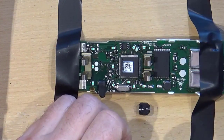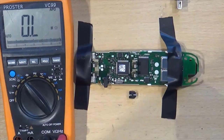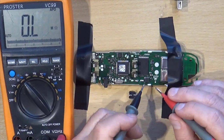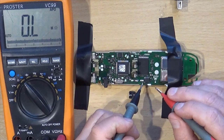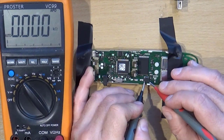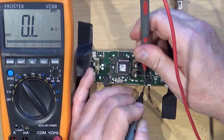What about the inductor? So I'm going to have to zoom you out, always the wrong way, a little bit so you can see the meter. Now I reckon the inductor is between there and there. These pads run all along one edge. So for instance, if I put one probe there and one probe there, it goes down to nothing. However, if I put one of those there and the other one there,